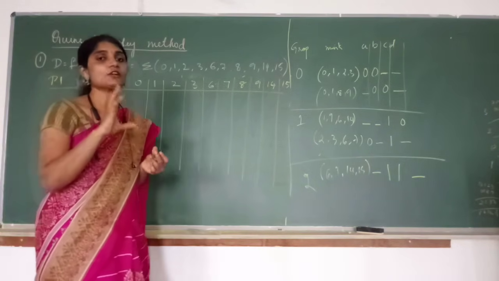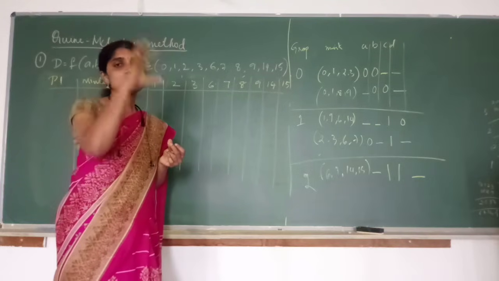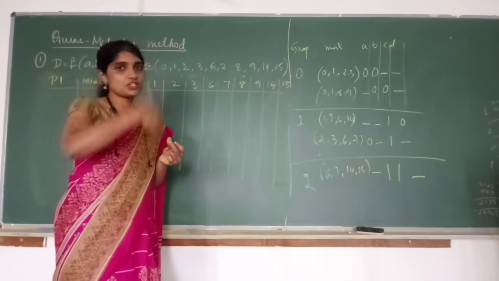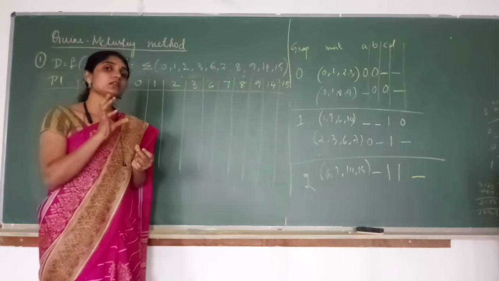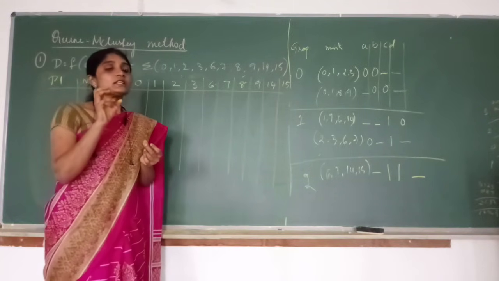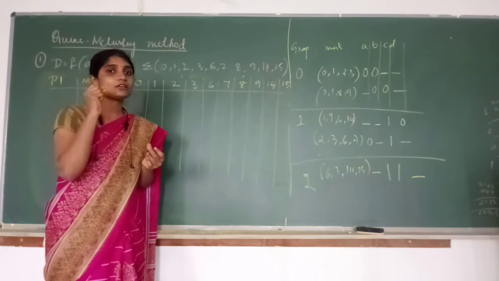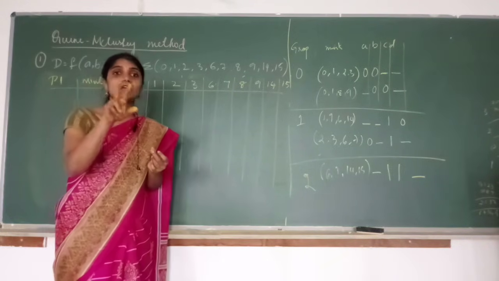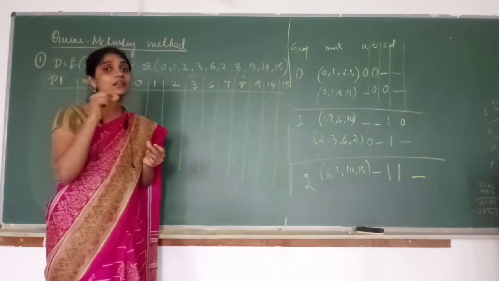That means when we start grouping the cells, that is from the third table, right? In the first table we just write the decimal value, in the second table we arrange in increasing order. We start grouping the min terms from the third table, right? Just see whether in the third table any of the groups are unticked, or you have to start from the second table. Just check whether any of the groups are unticked.